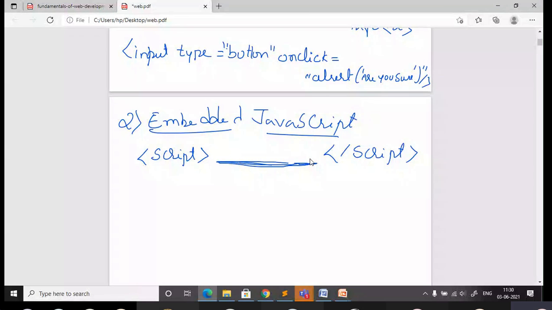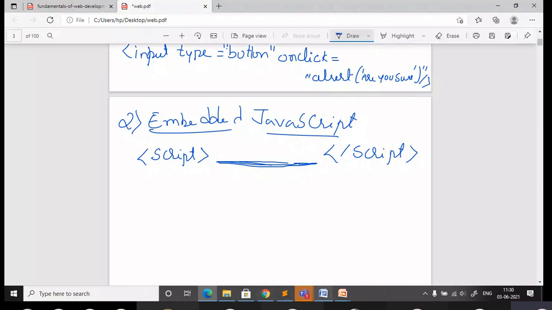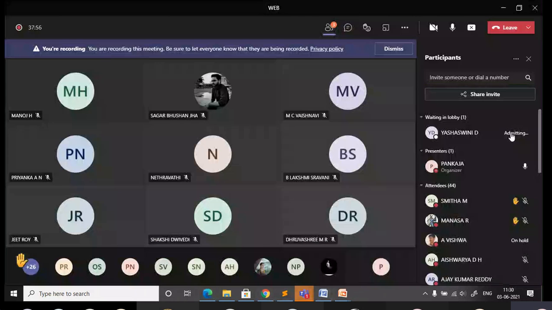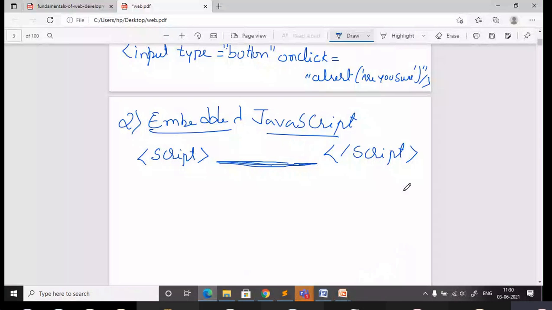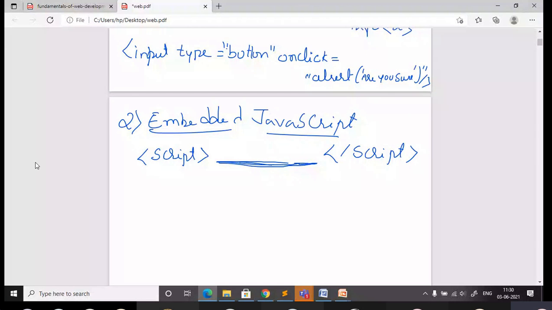How you write exception handling using try catch, all this you can use in the JavaScript. So now it is similar to the previous example I've given.